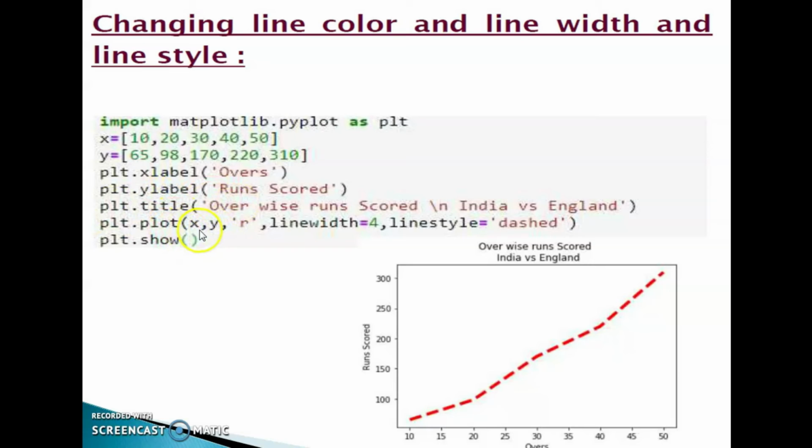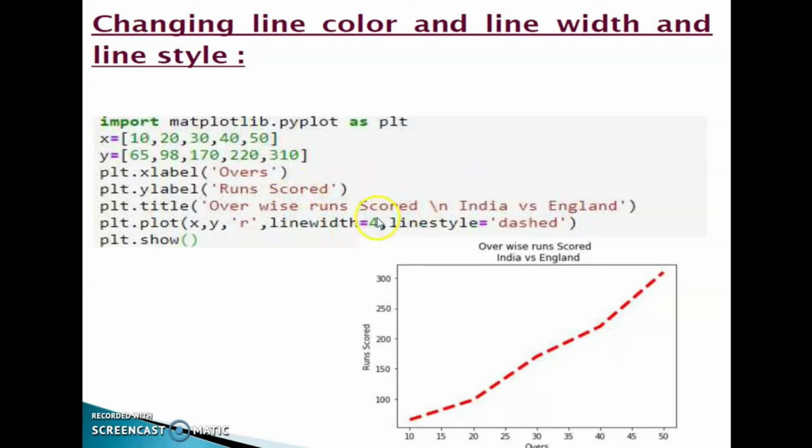Then the arguments are x, y, the x-axis and y-axis, x coordinates and y coordinates. Then r for red color, the line color of this particular line graph. Then line width we can specify in points; that is another attribute of this plot function.